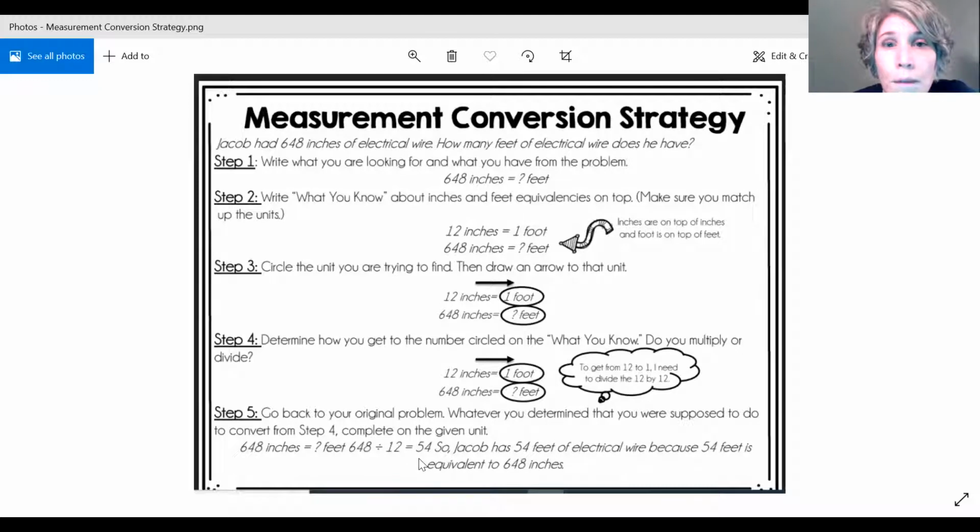Now, multiples of 12 can be a little tricky, so be sure to use your multiplication chart for that. Another cool chart that we can use is those STAR papers that your teachers have given you. You do not have to remember all of those, that 2,000 pounds equals a ton and 36 inches equals 3 feet, because it's on that STAR chart paper for you to use as a handy reference. So let's take a look at some problems